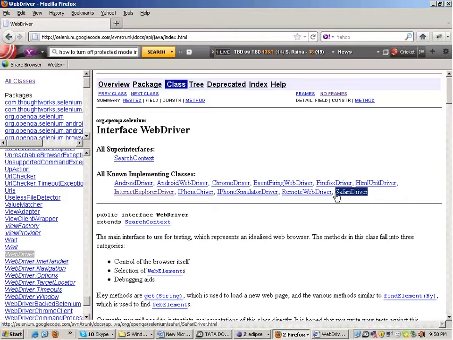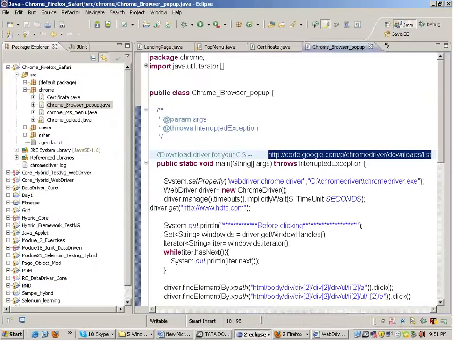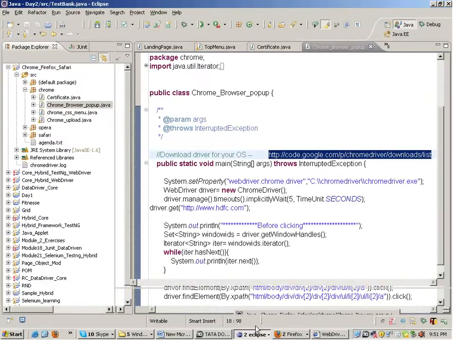Right? Safari driver just came up in this release. You can also work with it. Android driver is used to test how your web based application is behaving on an Android based phone. You just cannot go and test any application on Android like this. Okay, how your website is opening on Android. Right? So this is the interface WebDriver, and all these classes, these three classes out here,